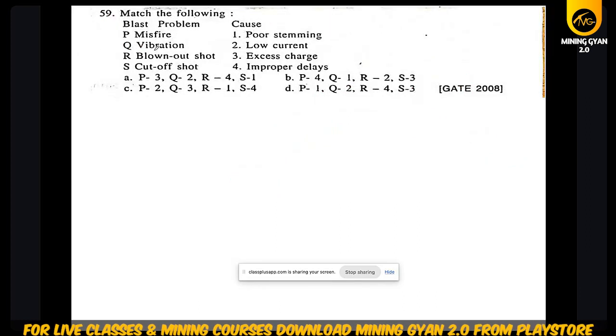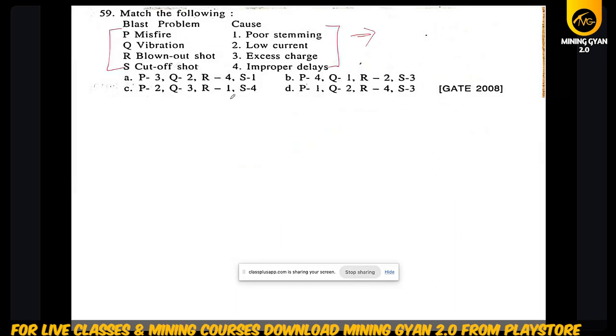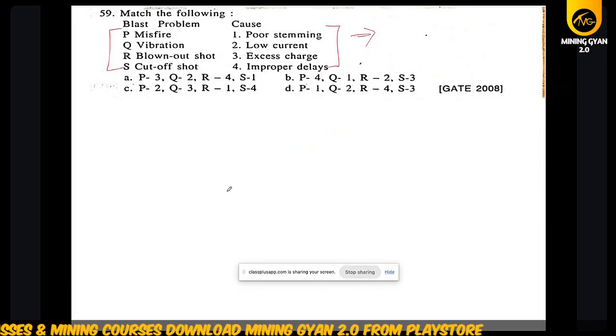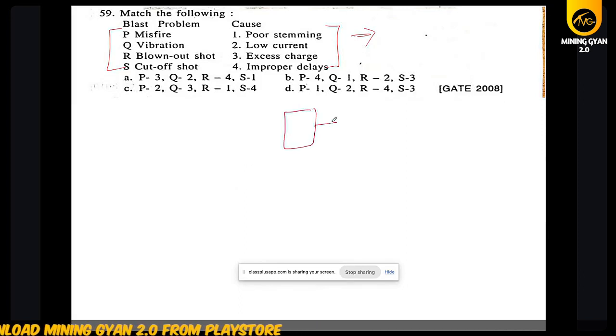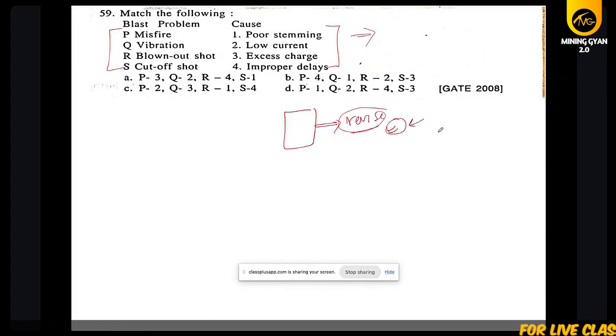Okay, so these are also, they have given the blasting problem and the cause. देखो, आप में से ही कुछ लोग होंगे जो मैं बोल रहा हूं उसको जाके रिवाइज करते होंगे, उस चैप्टर को वापस जाके पढ़ते होंगे, और आप में से ही बहुतों लोगों का होगा सिलेक्शन। मैं चाहता हूं कि सबका हो, कोई अगली बार बेरोजगार ना बचे।